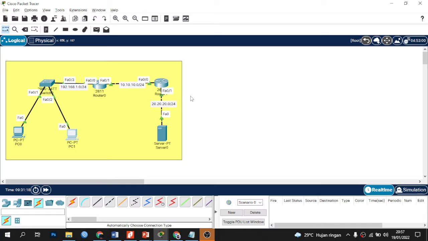For the lab, I will place the access list configuration on router 1, and the IP we will block is 192.168.1.2, the IP of PC 0.